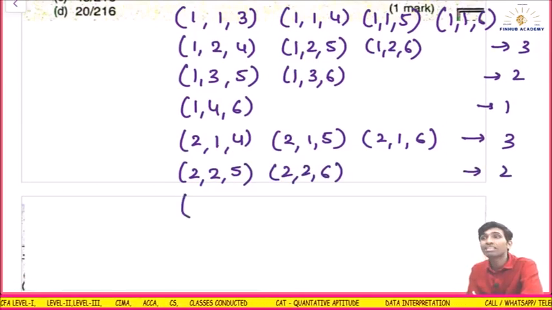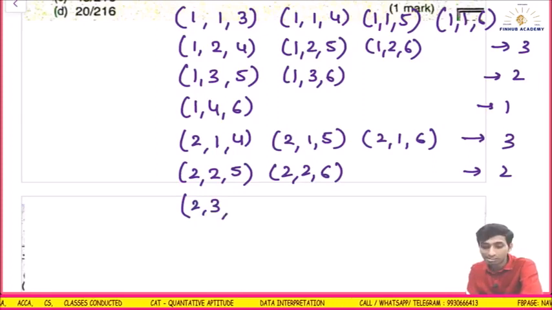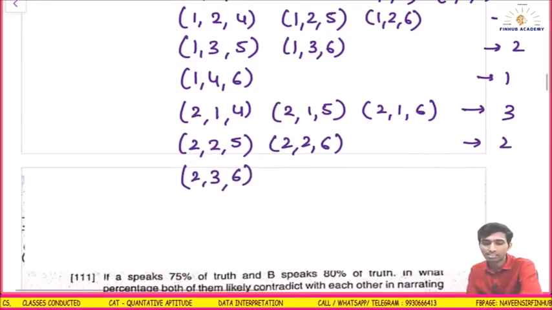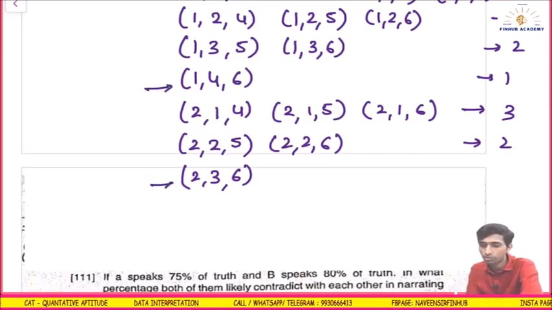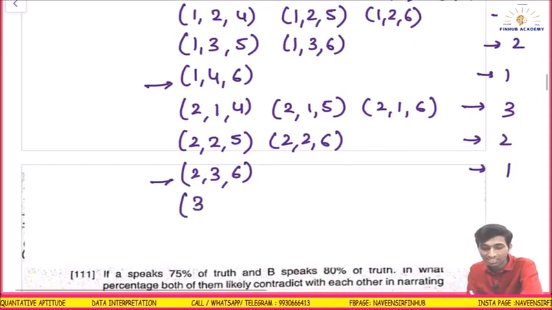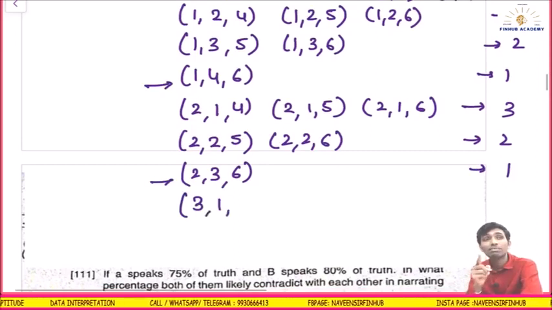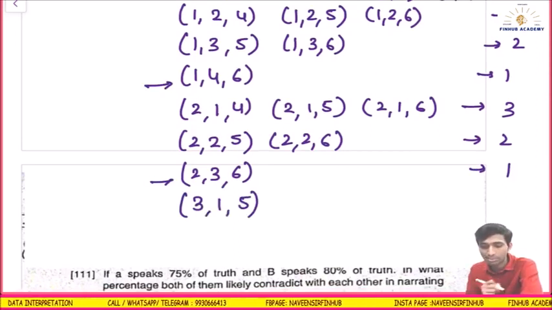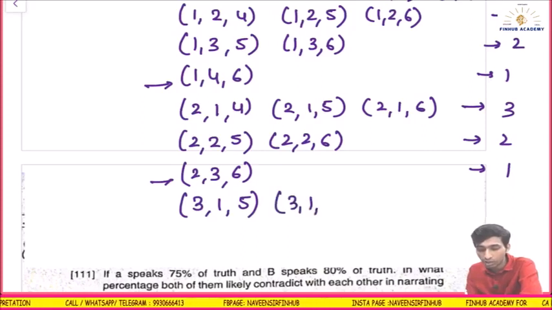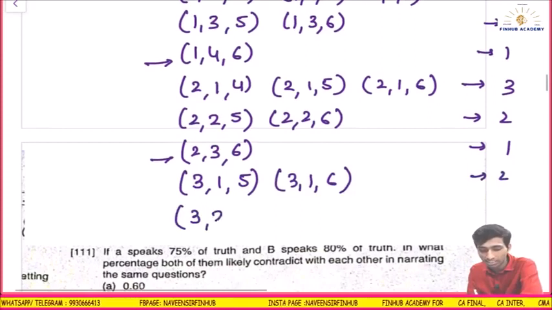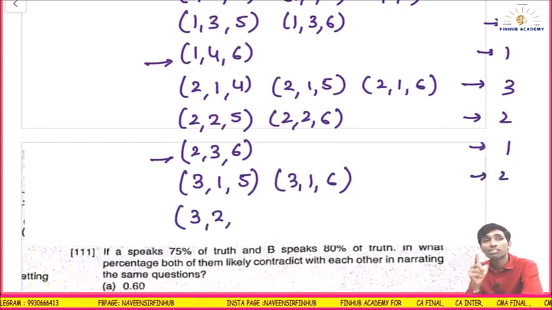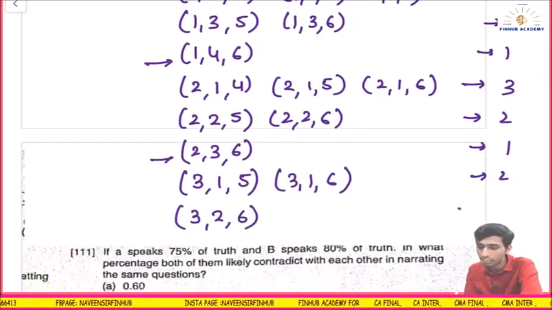Next, I will start with 2, 3. 2, 3 is 5, so I will have to take 6. Once it comes to 6, this is done. Here also I stop. This is 1. Now I will start with 3. After 3 I can get 1. 3 plus 1 is 4, so I will have to take a bigger number than that. 3, 1, 6 is also bigger. So I will have to take 2. Taking first as constant 3, 2. 3 plus 2 is 5, so I will have to take 6. So here I got 1.